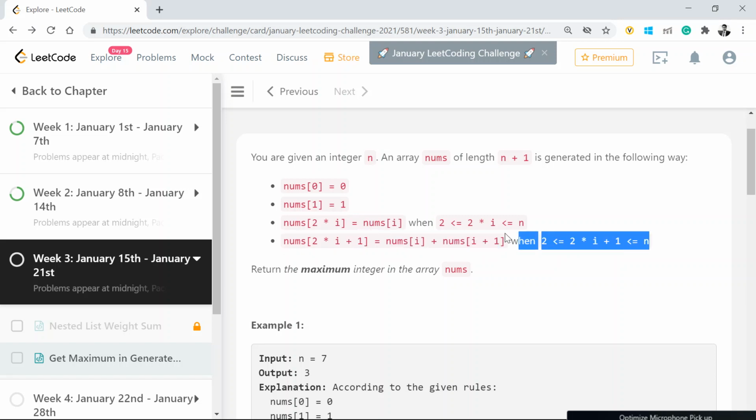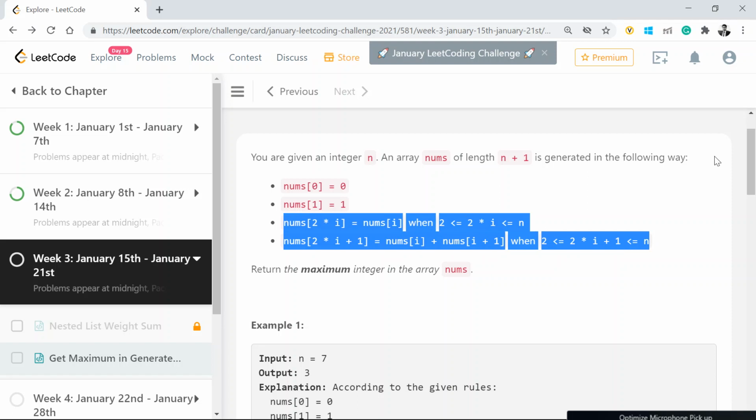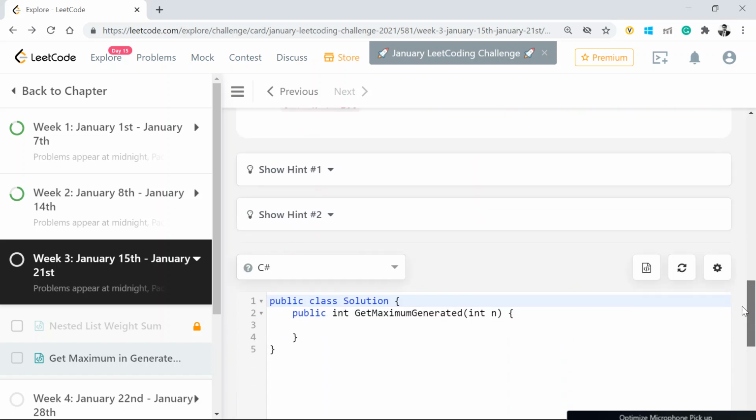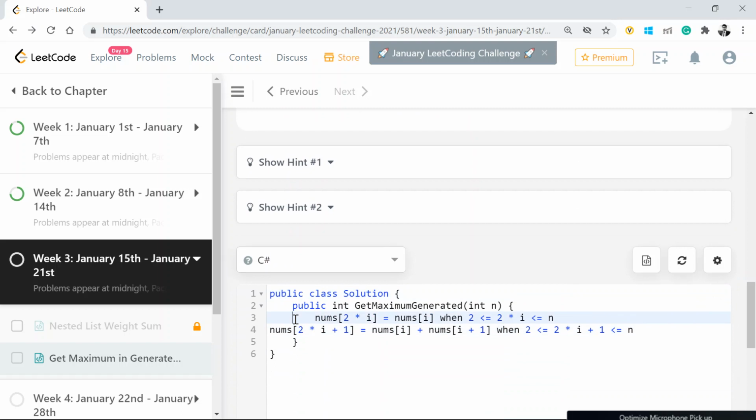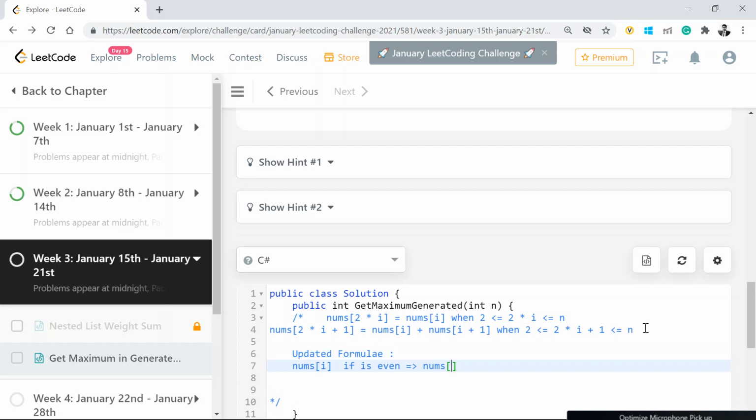So we can reframe this actually. We can kind of simplify this. What we can do is reframe with an updated formula, which is nums of i. If i is even, then this is equal to nums of i by 2.